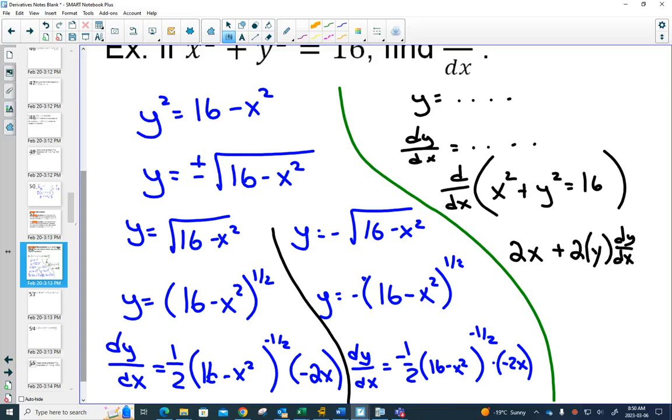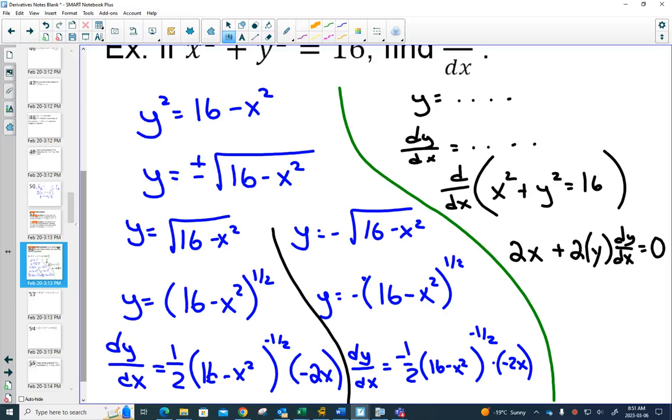Instead of actually figuring it out, we just keep y and we just keep the derivative part, even though we don't know what these things are. Equals, and then the derivative of 16, well, that's just a constant. That would be 0. And implicit differentiation says, even though maybe you can't get y by itself, and maybe you can't find the actual derivative when you got y by itself, you could still rearrange this